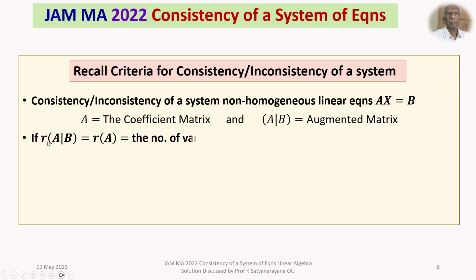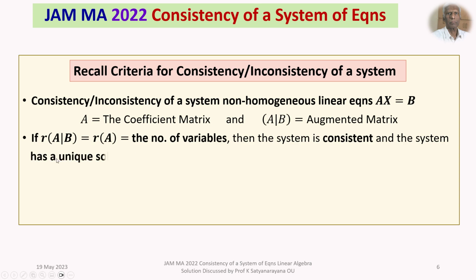If the rank of the augmented matrix AB is equal to the rank of the coefficient matrix, which is equal to the number of variables, then the given system is consistent